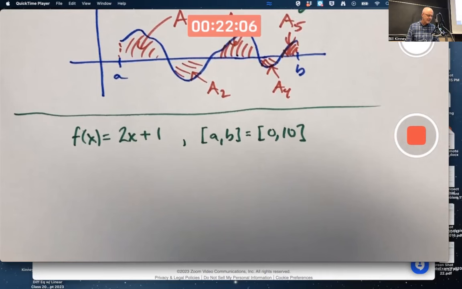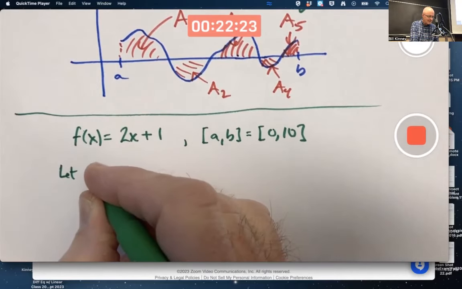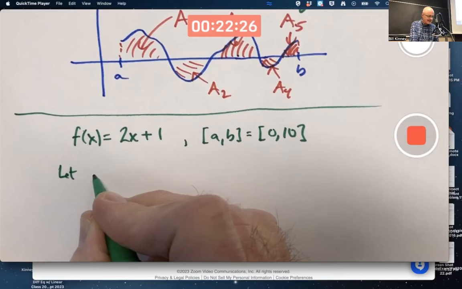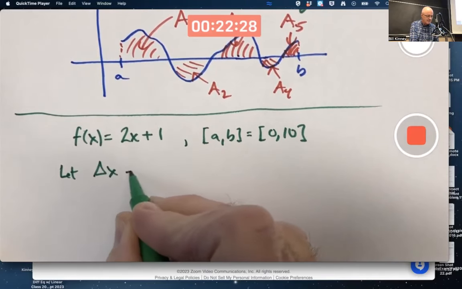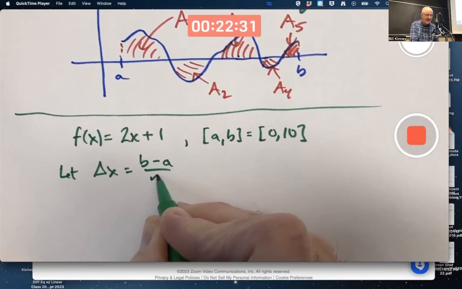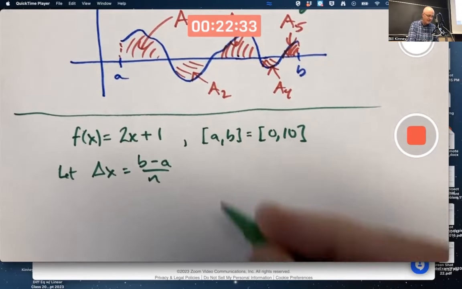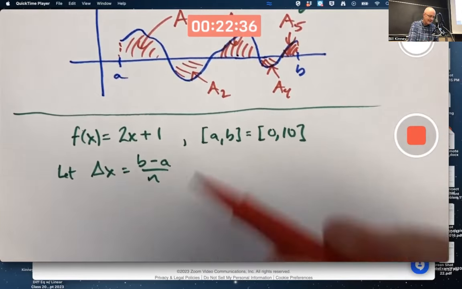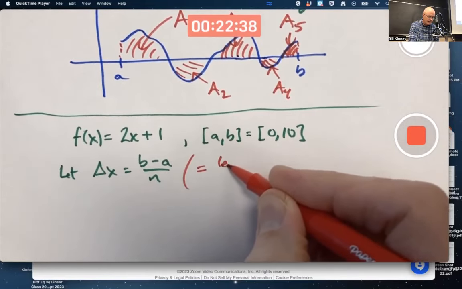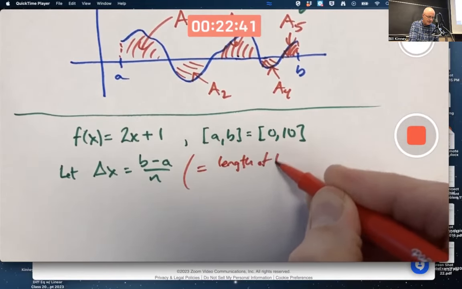Okay. So what does that mean? I need to identify, last week we used t sub 0, t sub 1, t sub 2, t sub 3, etc. Remember that? Here, let's use x sub 0, x sub 1, x sub 2, since we have x for the variable. Let's first let delta x, instead of delta t, be b minus a over n. What does that equal? That's equal to the length of the interval,